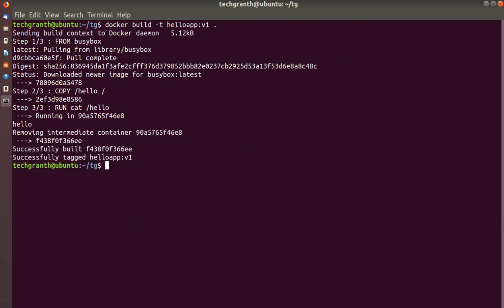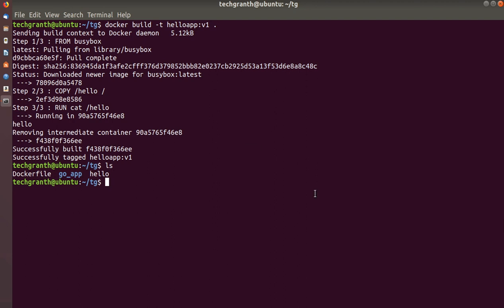Now we will move that Dockerfile and this hello file into separate directories, and we'll build a second version of this image. We also would not use the cache from our last build, so we will use the --no-cache option there. And we will use the -f option to point to the Dockerfile location, and also specify the directory of the build context.